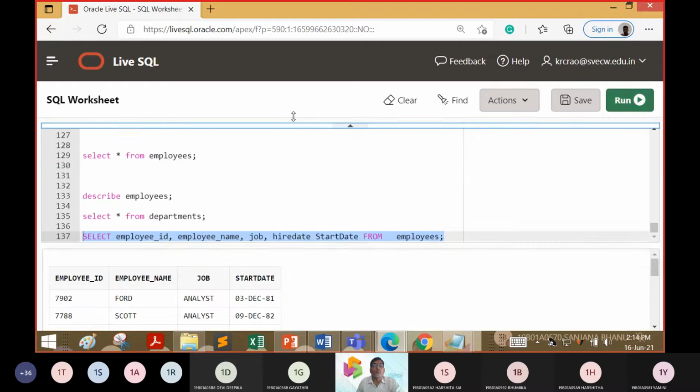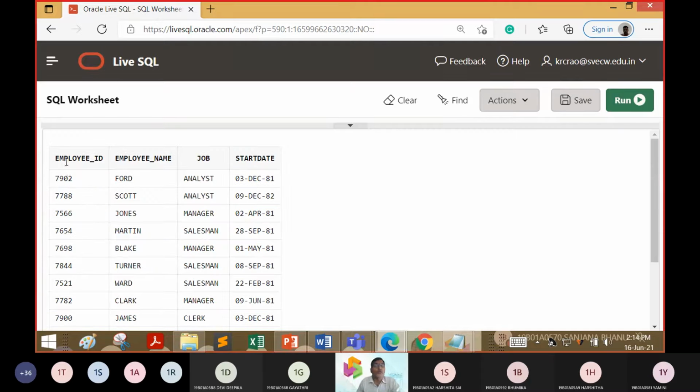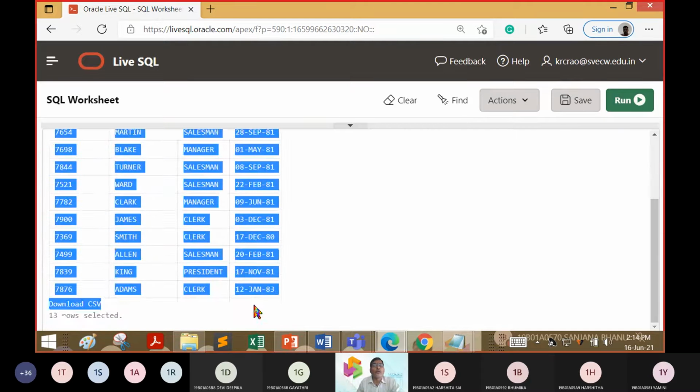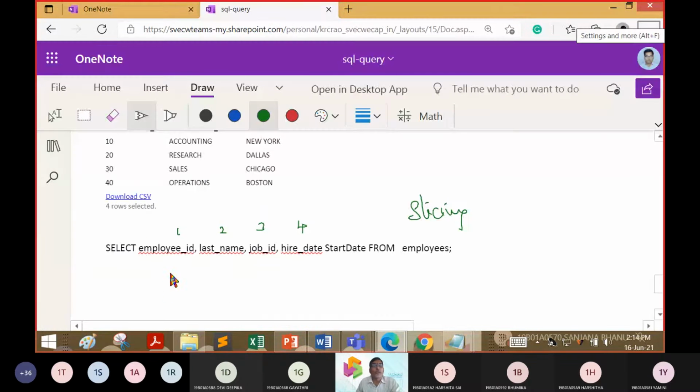Now you can see here instead of 8 we are able to display 4 columns. Instead of 8 we are able to display the 4 columns.